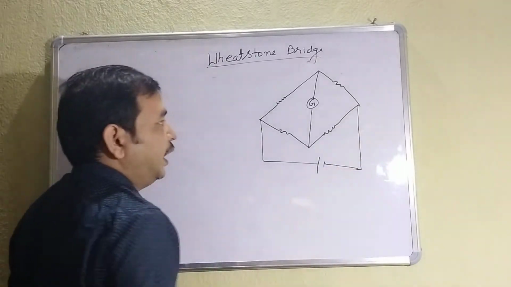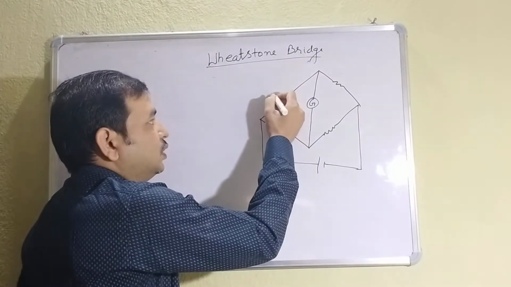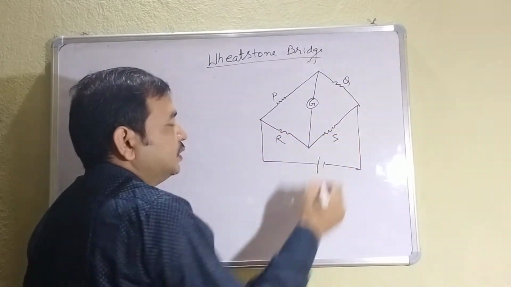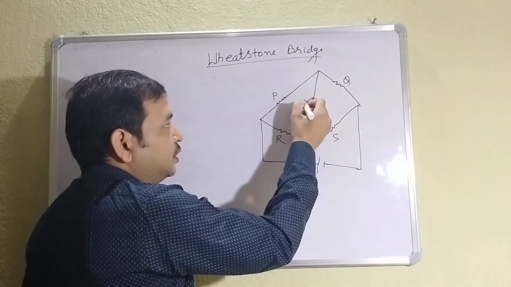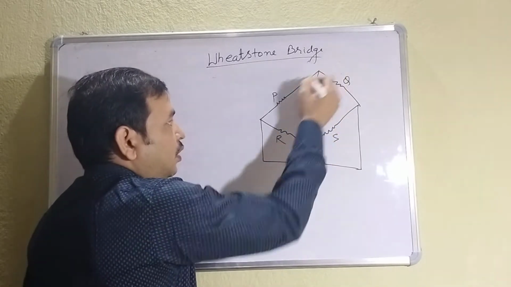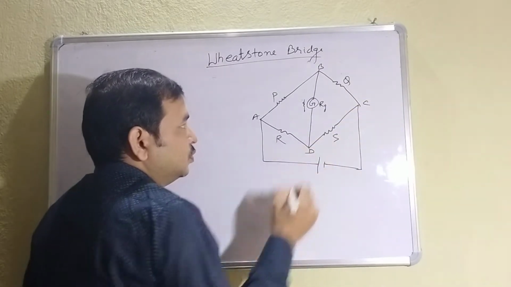You can see the Wheatstone bridge is actually a combination of 5 resistors. One resistor P, suppose second Q, third is R, and last is S. This galvanometer has also some resistance, suppose Rg. Clear? Now this bridge in